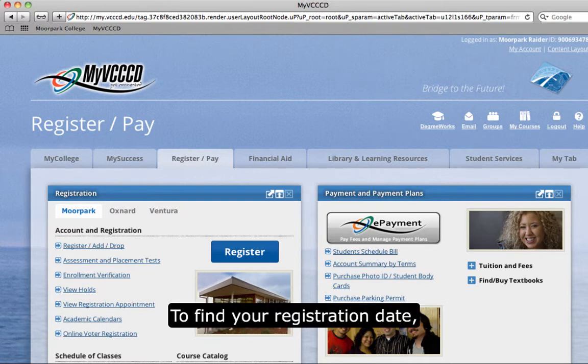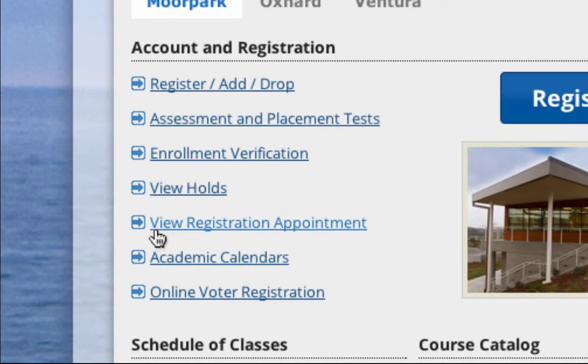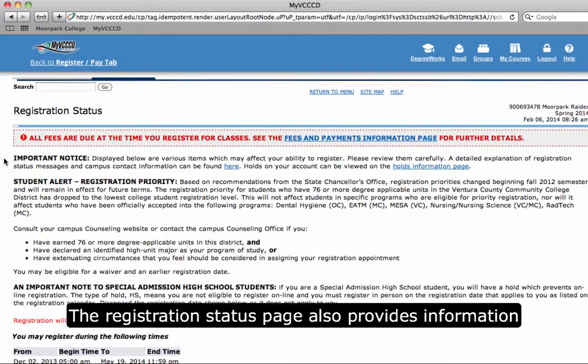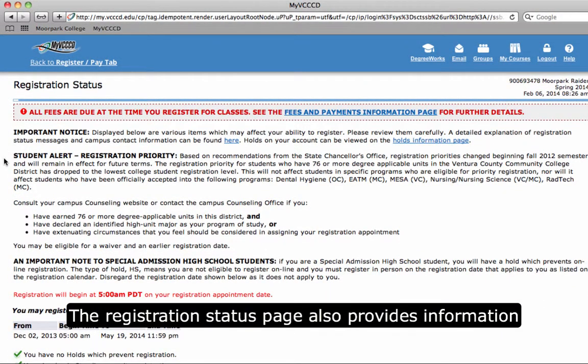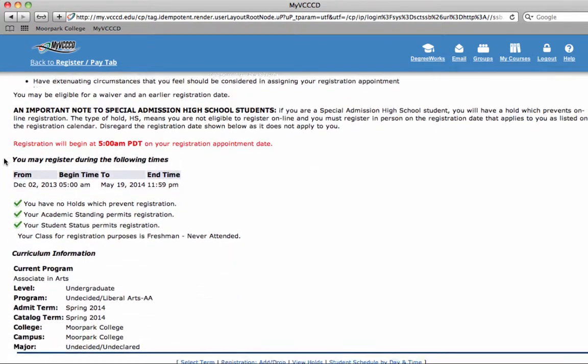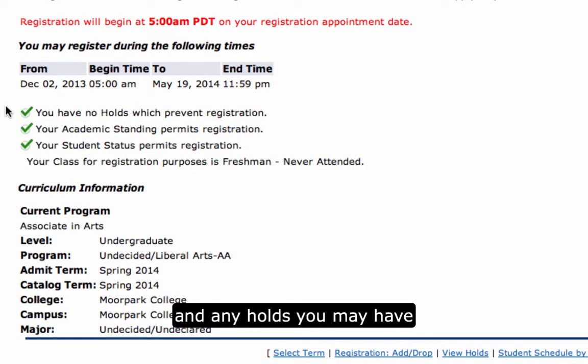To find your registration date, based on your priority level, click on the View Registration Appointment link. Select the term and submit. The registration status page also provides information regarding registration notices and changes. After reading it through, you will see your registration date, time, and any holds you may have that might prevent